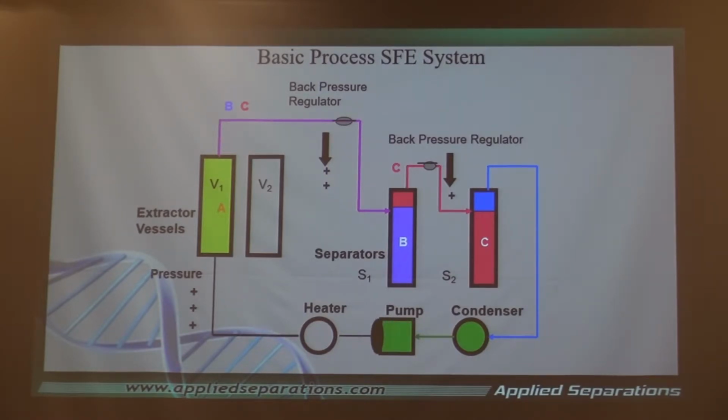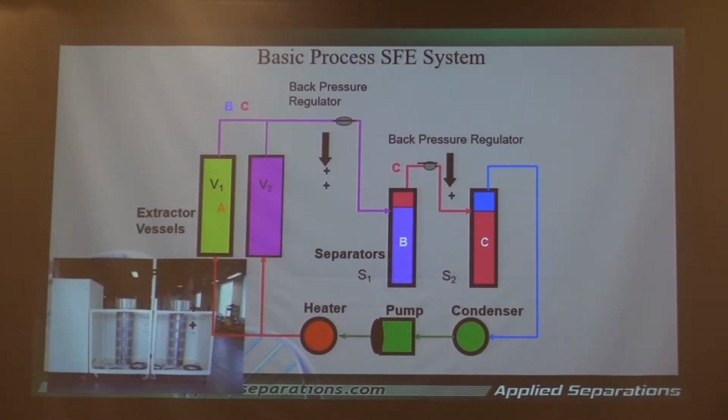Now, what I would like to point out, though, is that in a process system, we typically don't use one vessel. There are two vessels here to show you a typical system. In this case, we will alternate preparing one vessel and unloading it while the other one is being extracted. When that one is done being extracted, we will go ahead and load the other vessel and begin the extraction. Swap back and forth. So typically in a production scale, we usually see 2 and sometimes even 3 vessels, depending upon the rate of extraction.